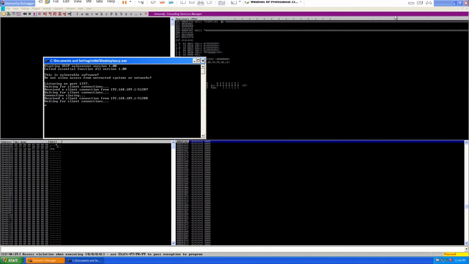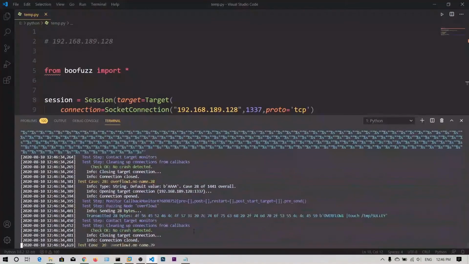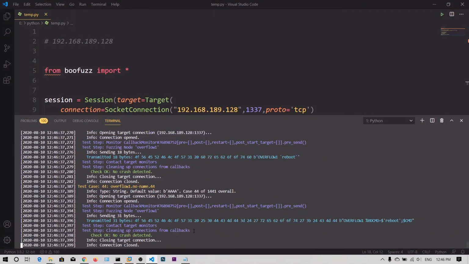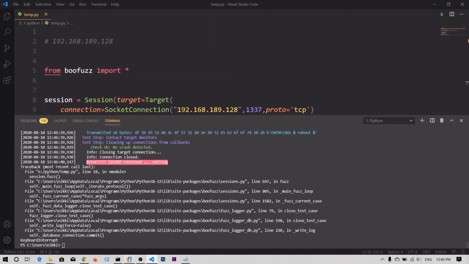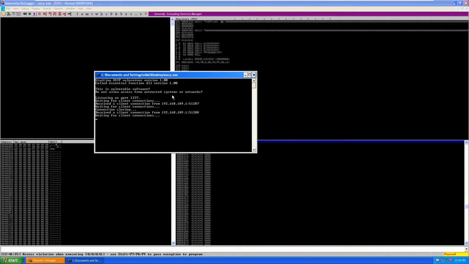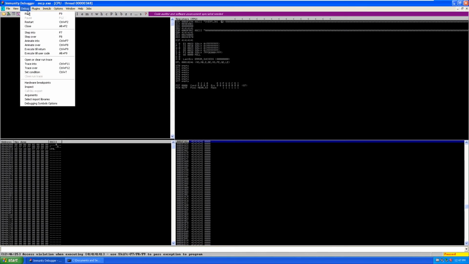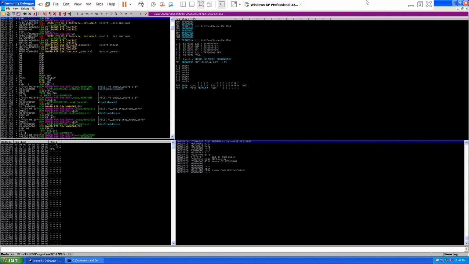Now we can see our program has overflowed. Now let's stop the script. Now you can see even the application has overflowed with A's. Our Python script is still sending the packets. It may be because this program is a multi-threaded application, and another thread will be created and again that will be accepted by the fuzzer. Okay guys, now let me restart this program. You can see our program memory has been filled with A's.